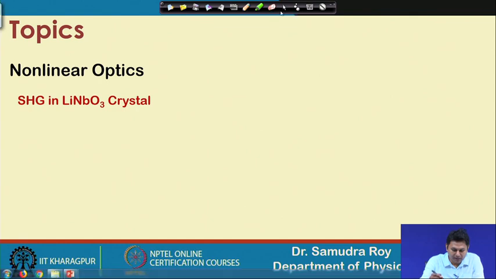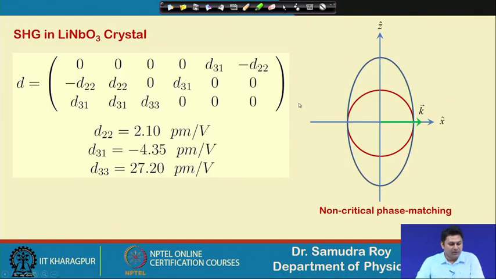Okay, so go back to our slides. This is the d matrix structure of lithium niobate. We can see that only 3 distinct elements are there in the d matrix. From the previous lecture we already know that the d matrix starts with 27 independent components, and then by applying symmetry it reduces to 10 components, and then if I introduce further symmetry like Kleinman symmetry,